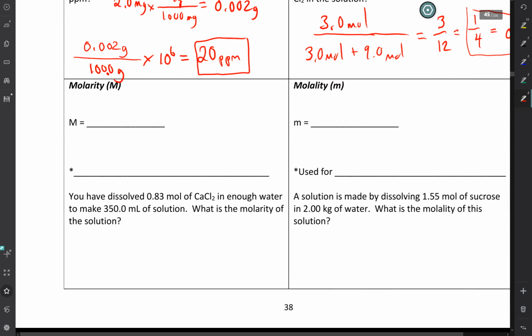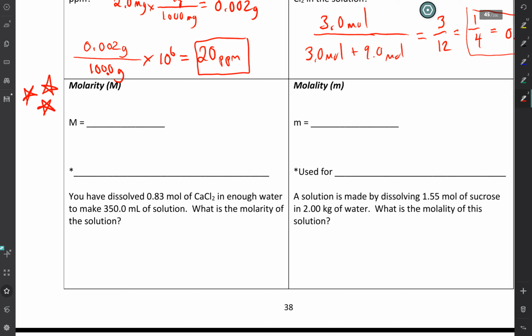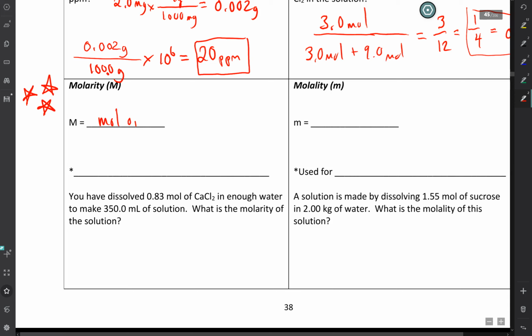Okay, we saved some of our best ones for last. Put a lot of stars around molarity. This is a chemist's favorite unit to express concentration of a solution. Molarity is abbreviated with capital M. And this is actually moles of solute divided by liters